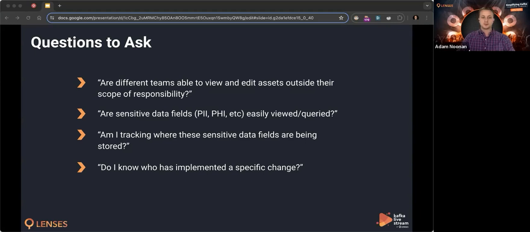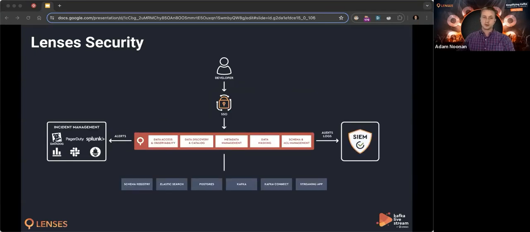And then the last question would be, how do I know who has implemented a specific change? So if someone has changed a group policy, changed permissions, changed a topic configuration, and someone pushes a change into my environment, how am I tracking to know who is responsible for that change and when it was created? So those are all tied into how to address the observability problem and things to keep in mind so that we can ensure that we are not permitting too much access